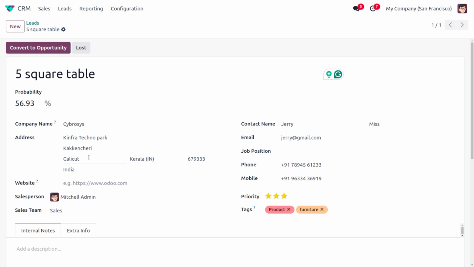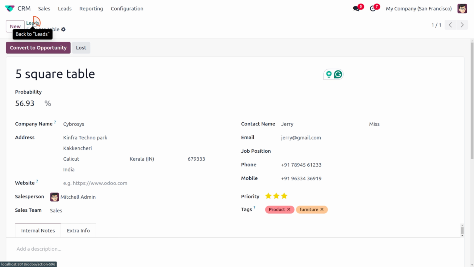So if you choose a customer who already exists, and when you save this, you will be getting a smart button called Similar Leads. Before converting that into an opportunity, you can cross-check whether we have already received interest from the same customer for the same item and so on. In this case, we are just getting a fresh lead, someone who is new to the company showing interest in the products or services. So currently we have provided every detail.